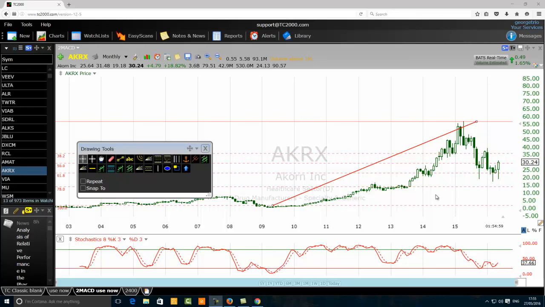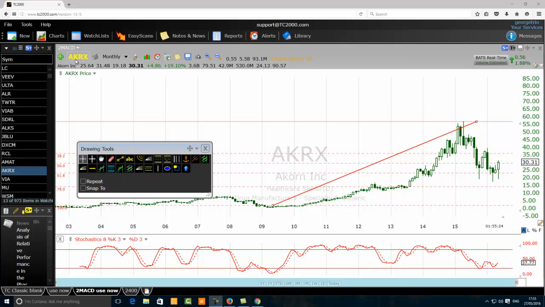Question: is this an Elliott wave, a zigzag, a chart pattern? We are on a monthly chart of Acorn Incorporation,